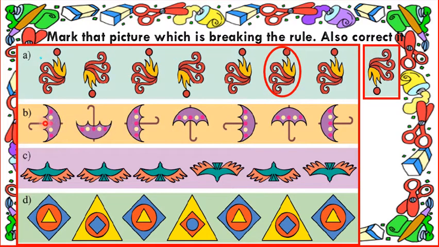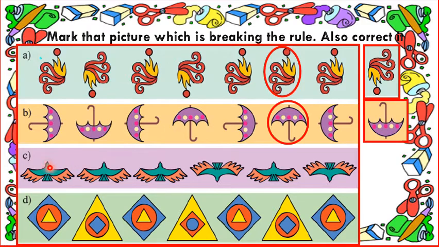B. Top of the umbrella faces right side, then it faces down, then left side, then up, then again right side. Now this umbrella faces up, but actually according to the pattern it should face down. Since the rule of this pattern is 1/4 clockwise turn or 90 degrees clockwise turn. So circle second last picture and draw the correct shape.